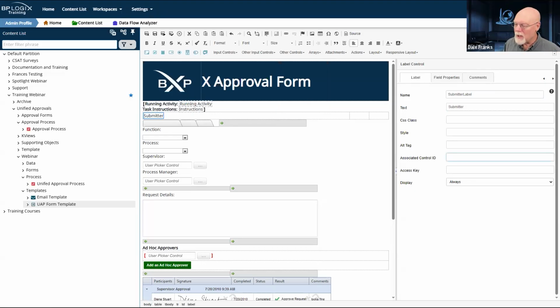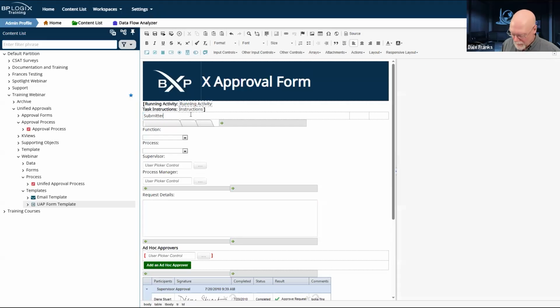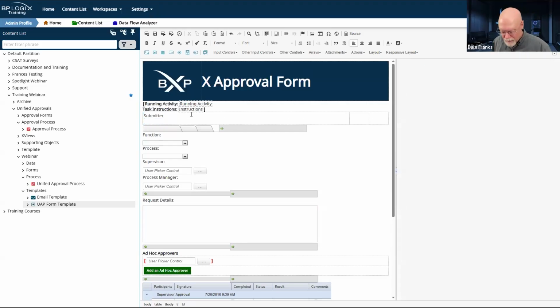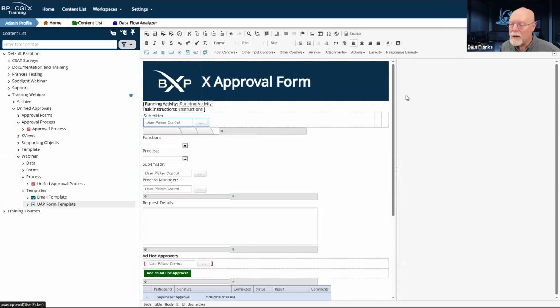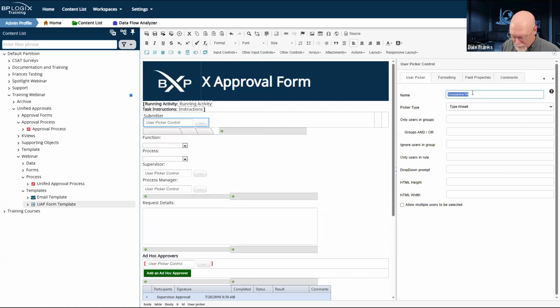And we will associate the control with a control that we're going to call submitter. And I'll hit Shift Enter again to put in a break, and we will drop in a user picker that we are going to call submitter.